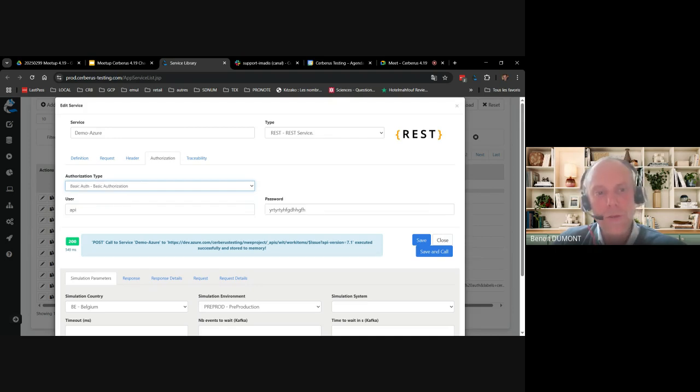And the last authentication method that is quite convenient here is the basic authentication that is sent inside the header. So here you directly enter your user and password, and it's Cerberus that will do the work to format the proper header that will be introduced inside the header automatically. So that prevents you from building the base 64 strings that are integrated inside the header.